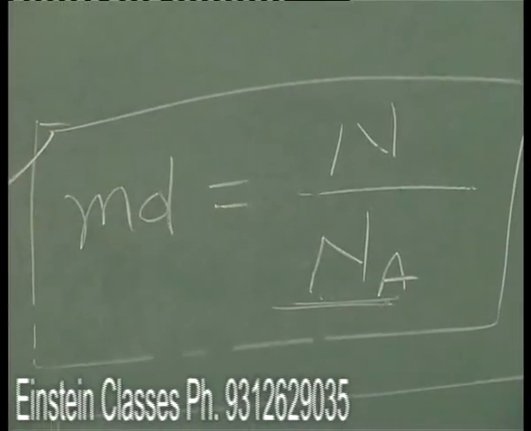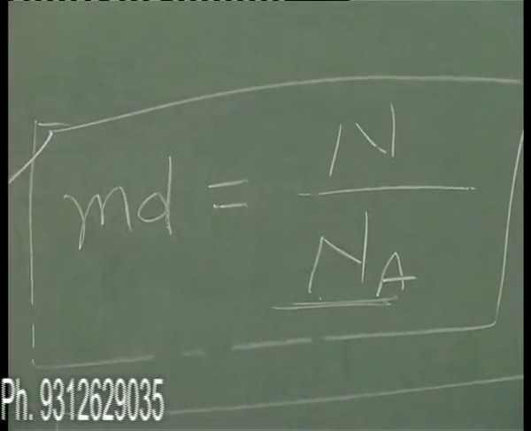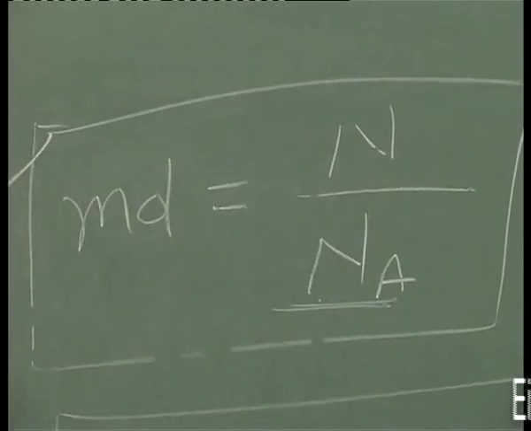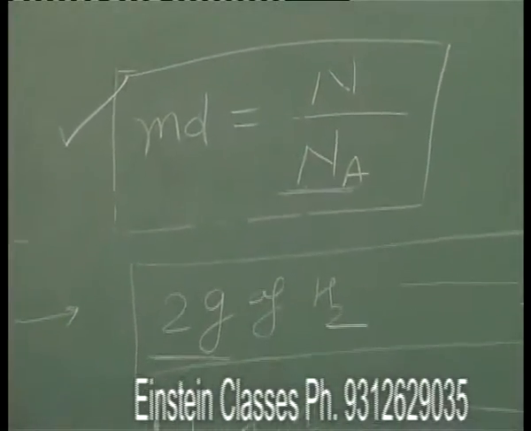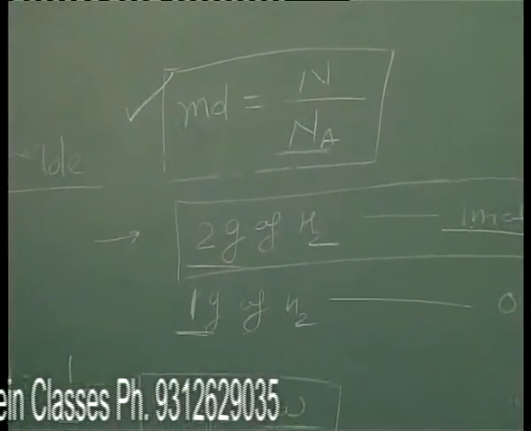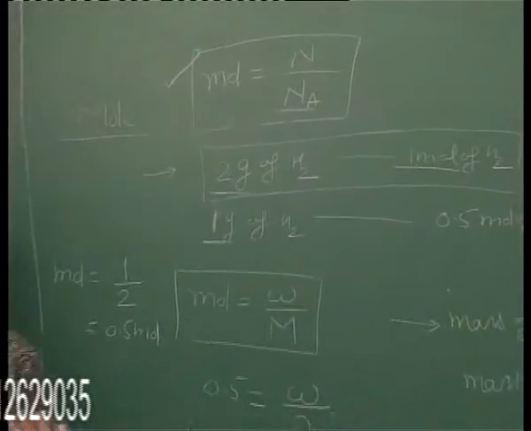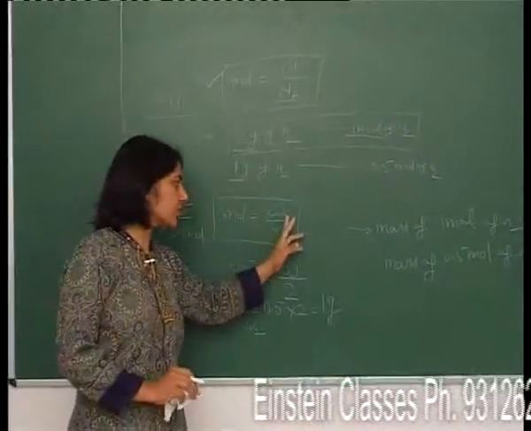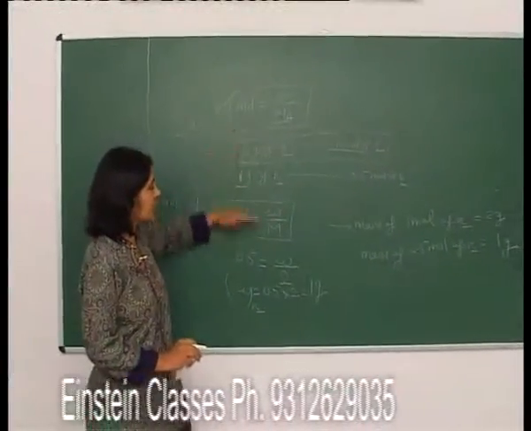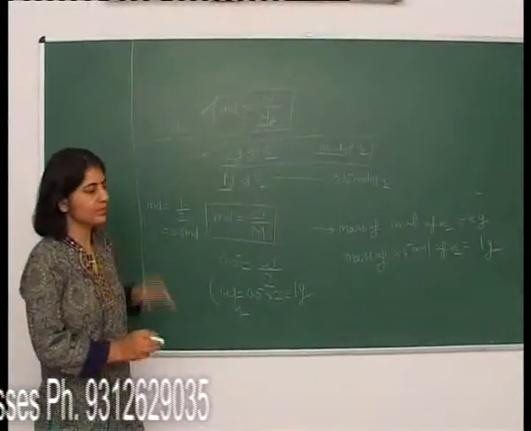We cannot calculate directly. If we take 10 atoms of helium in a container and are asked the mass of these 10 atoms, then we first need to know that 10 atoms are equivalent to how many moles. Then moles can be related to the given mass, or we can directly equate these two relations also.